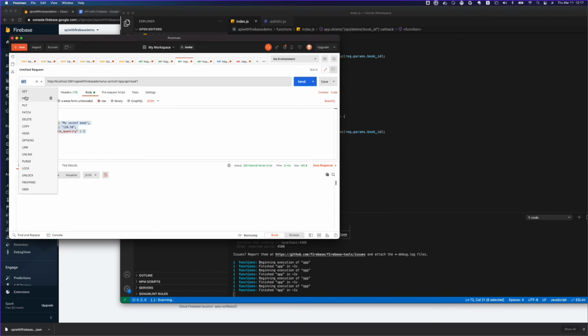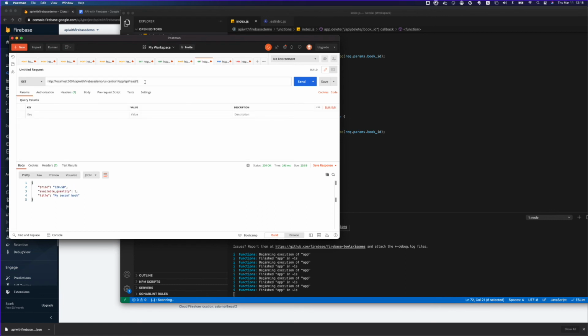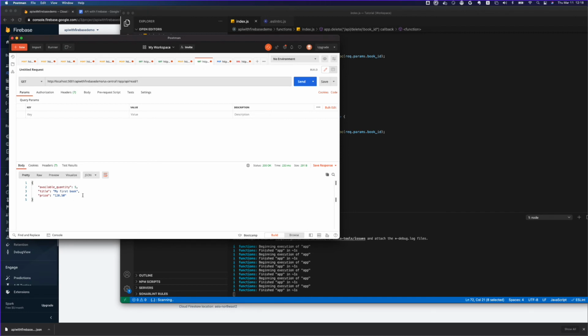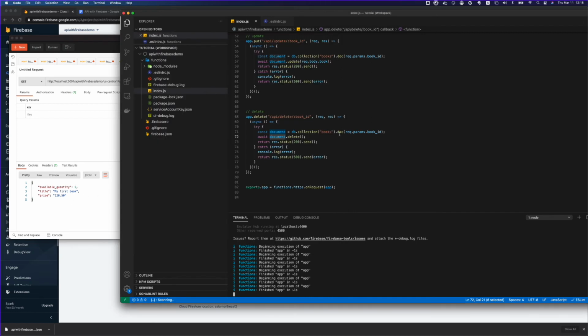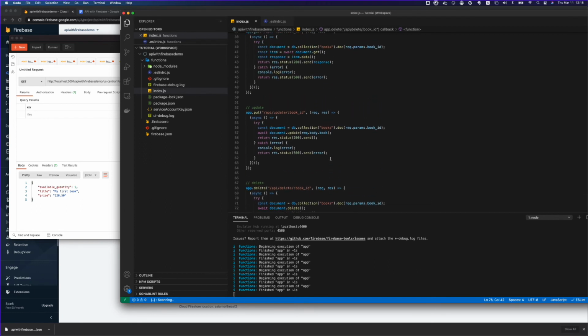So if you want to create again, you can create, okay, number 2 is available, so you will not be able to create 2. I can create 1 again, and it's successfully created. And if I want to get number 1, it will be able to get number 1. So it's back again. So now we have created that whole CRUD API, create, read, update and delete.